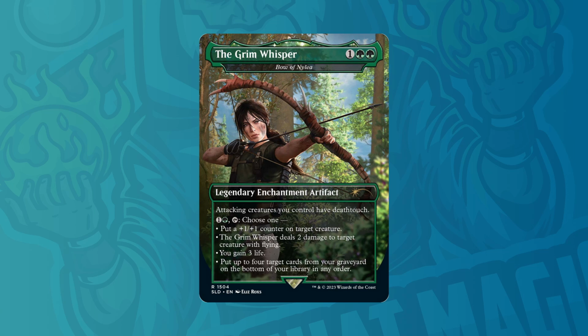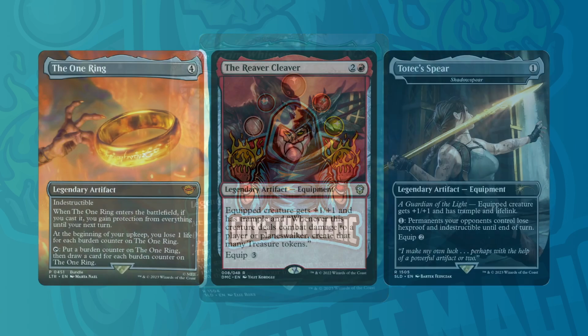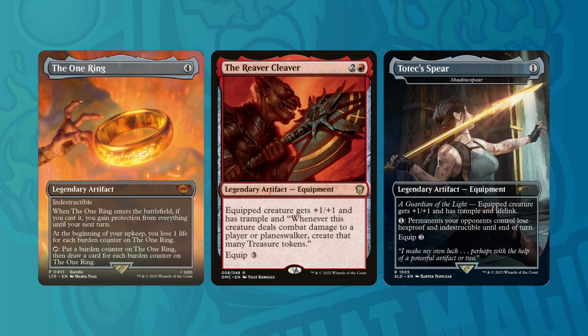All of these modes work really well with our commander, which obviously, I figure that's probably why they chose this as one of the Secret Lair cards. So slam dunk there for Wizards of the Coast. Highly synergistic. Love that. Continuing with this package, the One Ring has indestructible and says whenever it enters the battlefield,